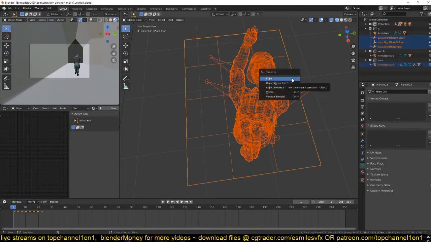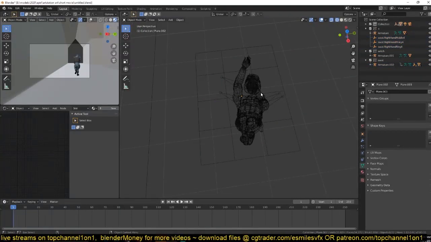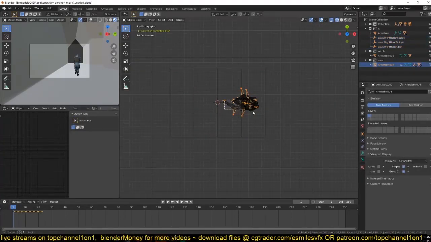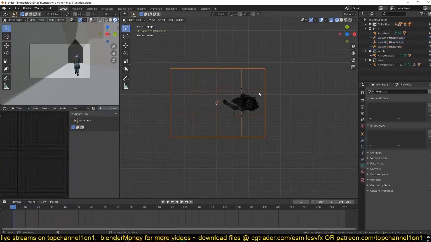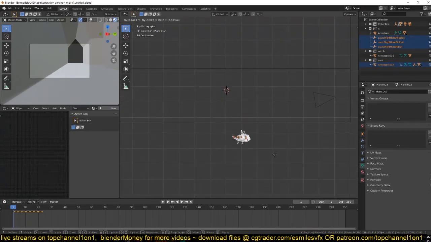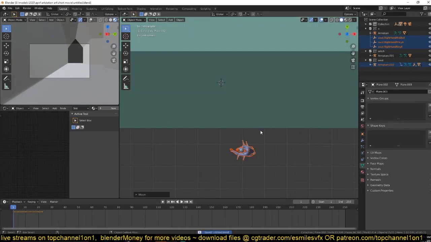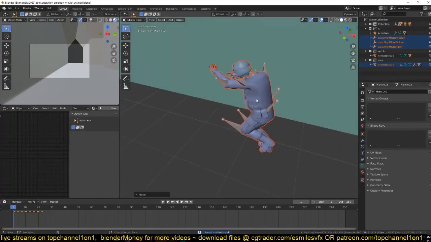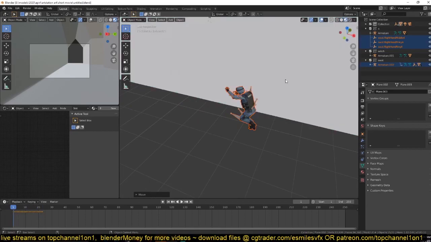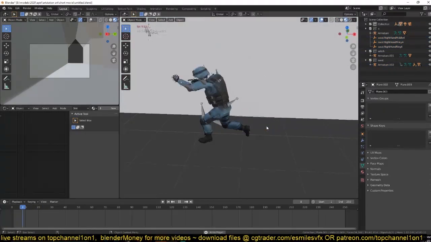Control P. Actually, I think I can use this SWAT team as a collection for a particle emitter. So if we play back, you can see that this guy, our SWAT team here, it's just one dude moving